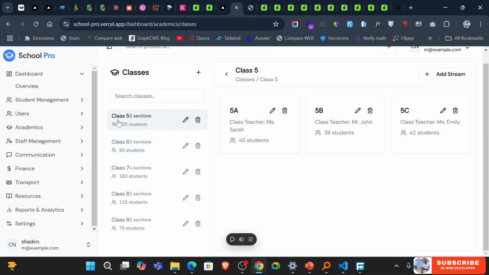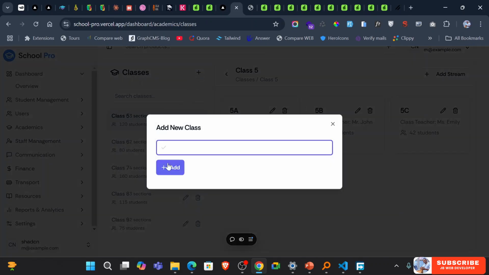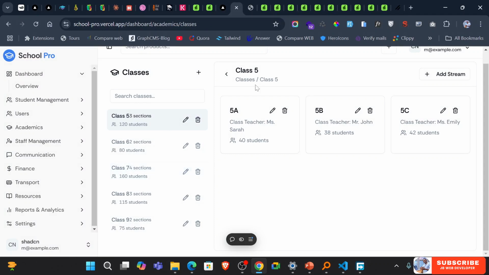If you want to create a class, you click on this, create a new class, and in that class you can add sections right away from there. If it has no sections, well and good, but we'll just be having the sections like that. Okay, so this is really great. And then we closed off